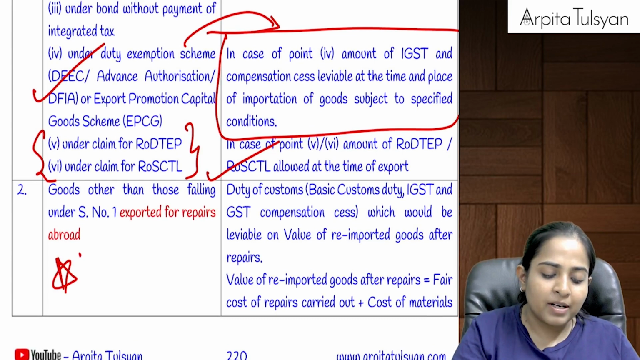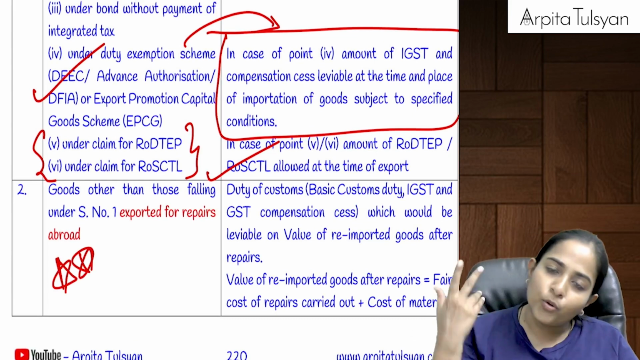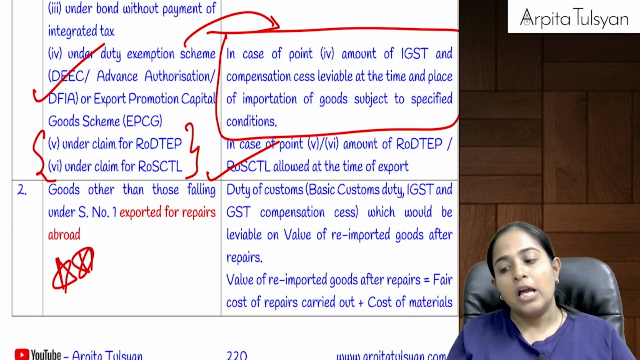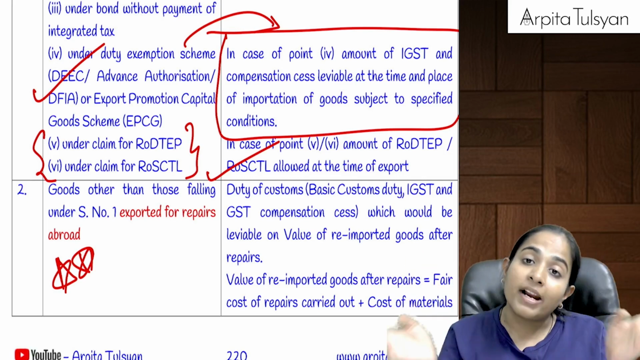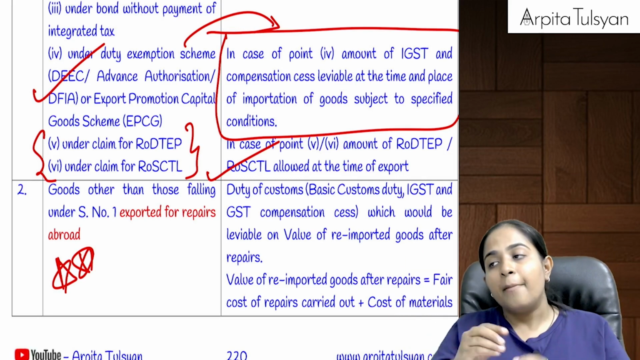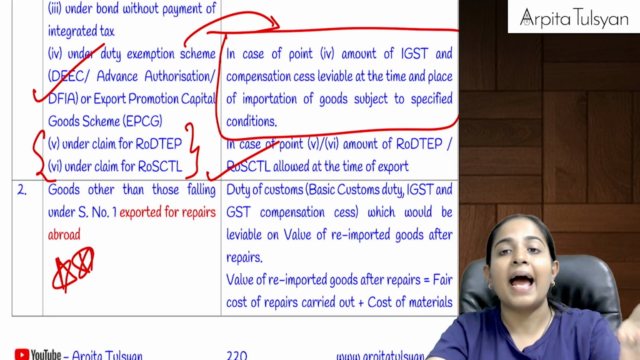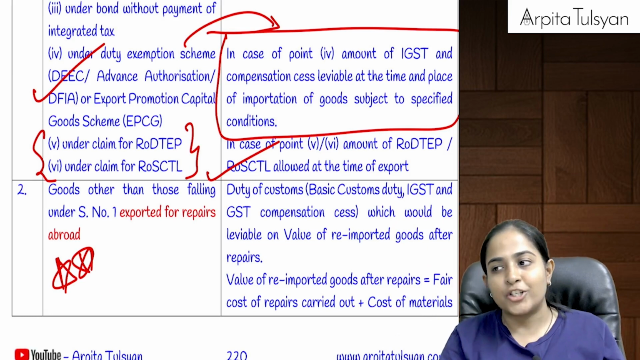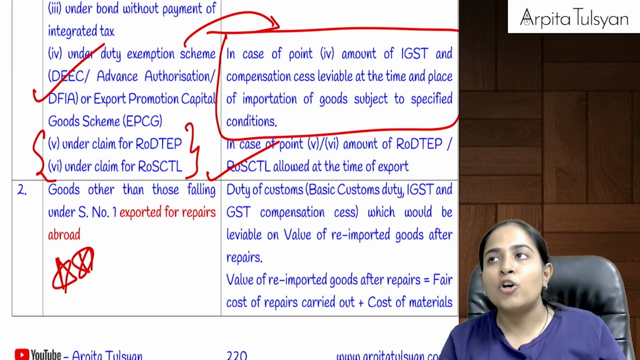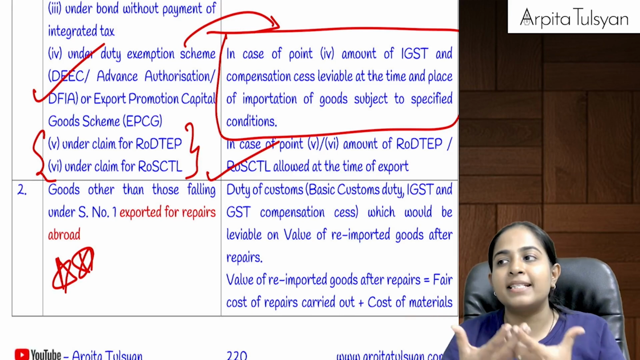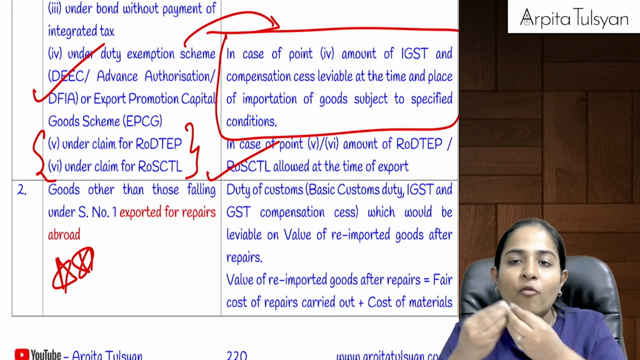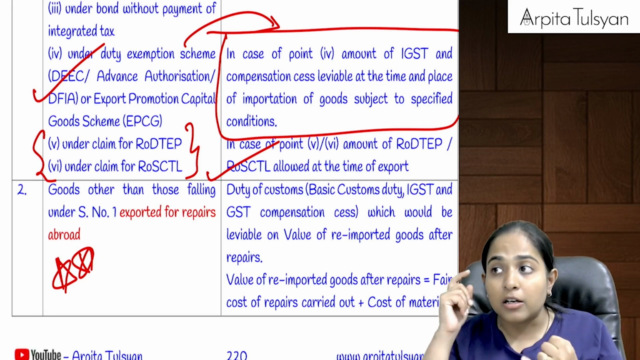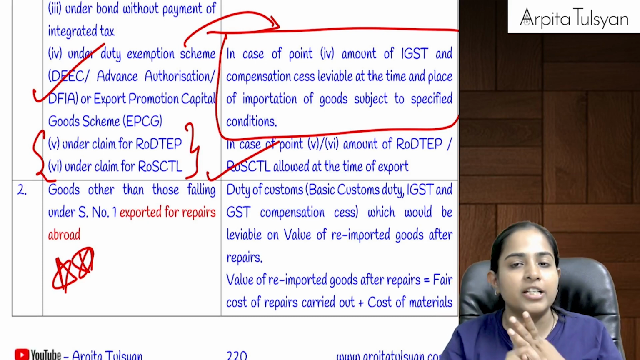Next, the second one is very, very important from the exam point of view. You can expect the same in your exam also. Now let's say you had exported some goods outside India specifically for repairs, meaning you are going to send them outside India, they are going to repair them, and you are going to re-import the goods back into the country. At the time of re-importation, you are not really re-importing the entire goods; basically you are re-importing the goods because repair was done on them. So they are telling that basic customs duty, social welfare surcharge, IGST and GST compensation cess,